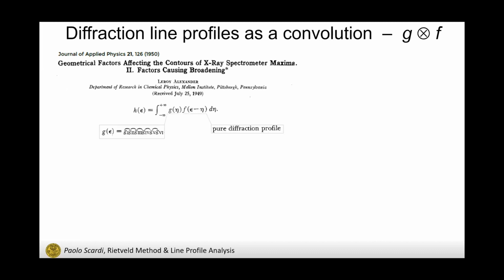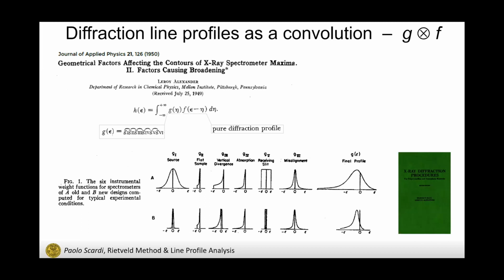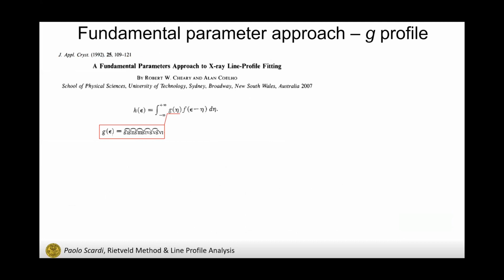This idea of composing the line profile in this way has been well explained also in the textbook. You can refer to the Clark and Alexander book for details, especially for the instrumental profile component. And in fact, for the instrumental profile, the idea was taken up by Bob Cherry and Alan Coelho in the